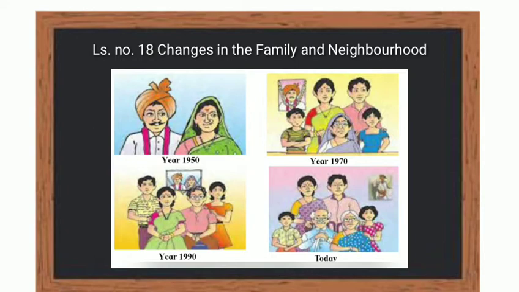Now see, by the death of the grandmother, one member is absent, and so in 1990 there are only 4 members. Now the new couple became grandparents and his son got married and had two children. His daughter joined another family after getting married. Thus today the family has more members than in 1990.